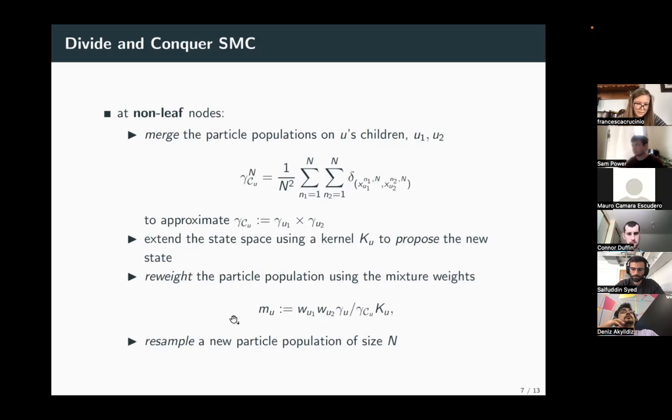And once we obtain these weights, we just resample to get a population of size n, because we don't want an increasing dimension of our population. So if every time we build this n² and we don't resample down to n, we're going to end up with an exponentially increasing number of particles, which, in principle, I think it would be nice. In practice, you can just not implement it at all. So we need to keep the number of particles under control somehow.